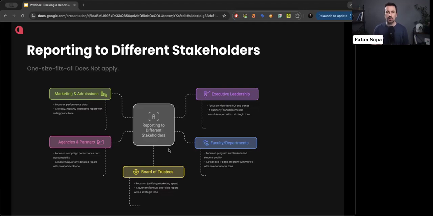It is very important to have your take on this: which metric is most challenging for you to track? So far, the responses that I got are cost per enrollment and attribution. Attribution actually came in first place.